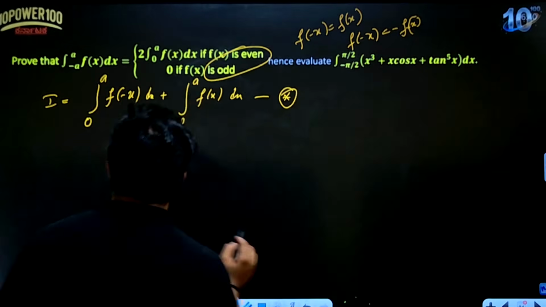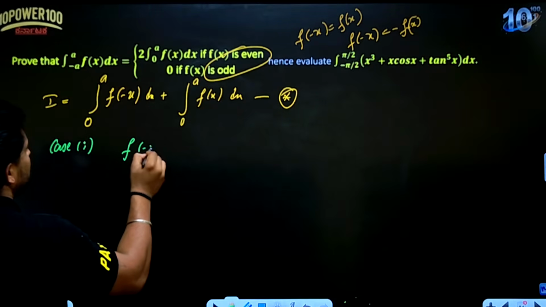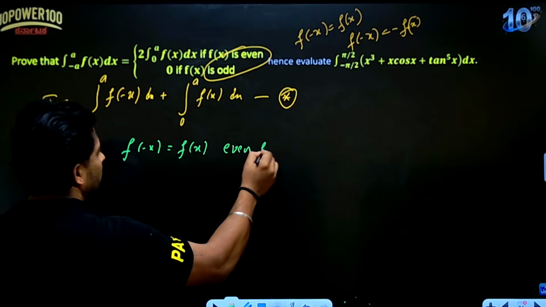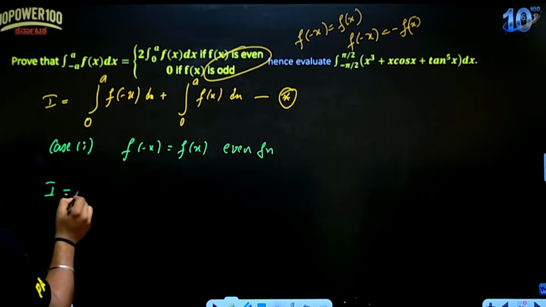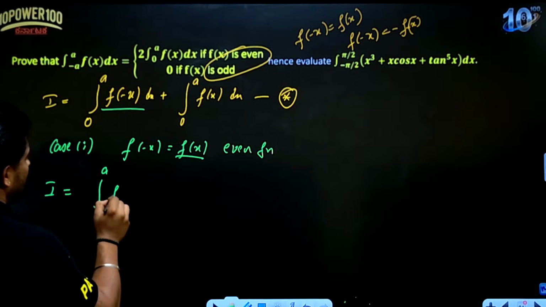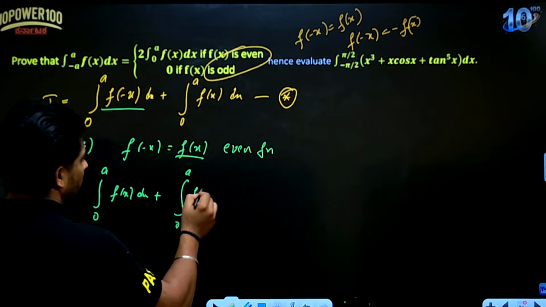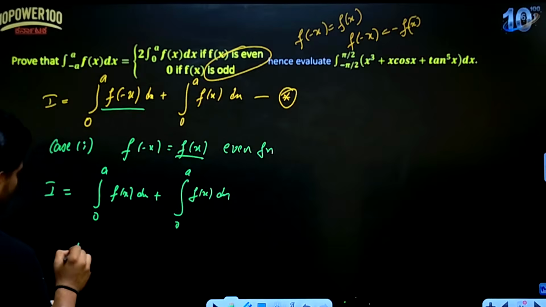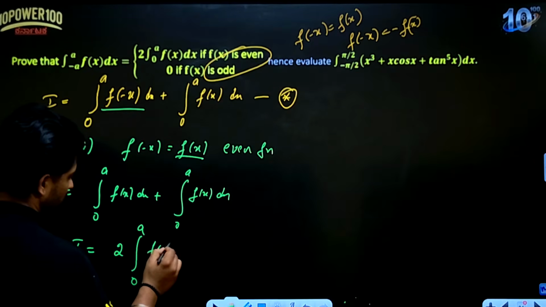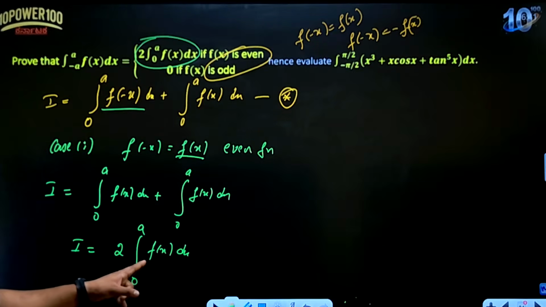Now I'll take case 1. So case 1 is f of minus x is equal to f of x. That means it is an even function. So what happens: I is equal to 0 to a f of minus x, which equals f of x, so f of x dx plus 0 to a f of x dx. So I is equal to 2 times 0 to a f of x dx. Correct? So 2 times 0 to a f of x dx. Proved. Okay, next